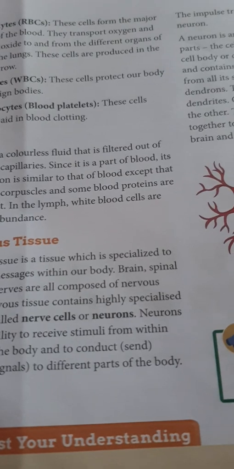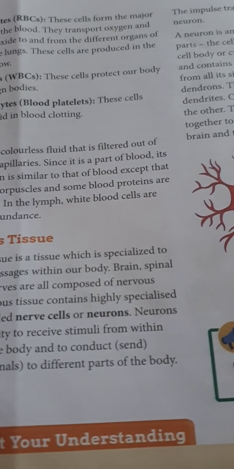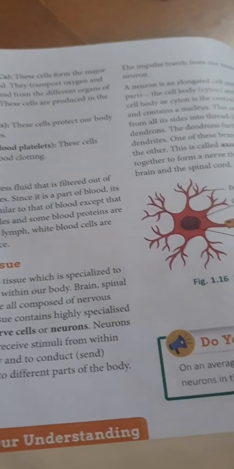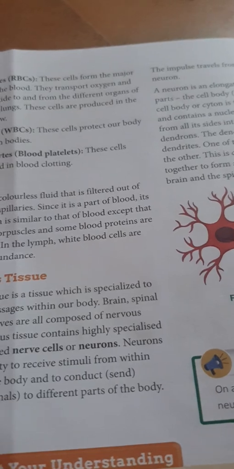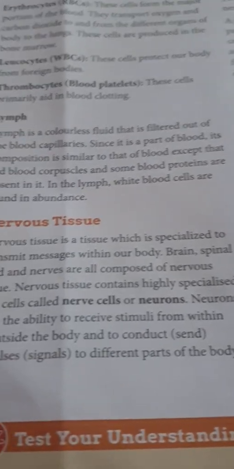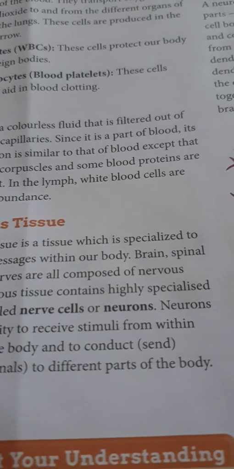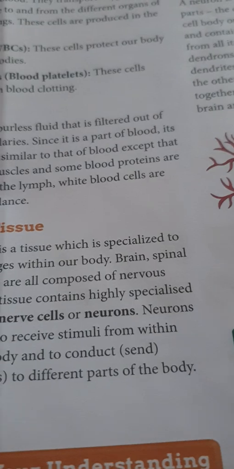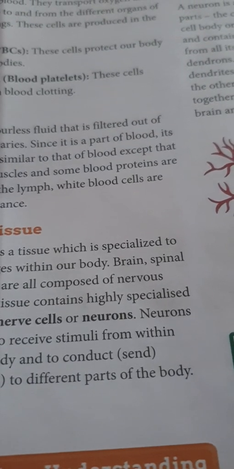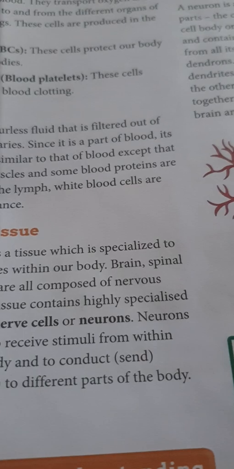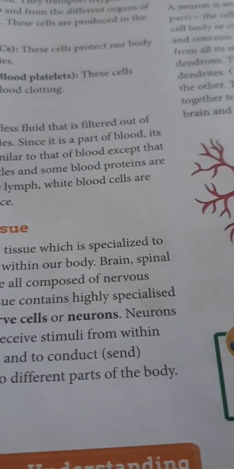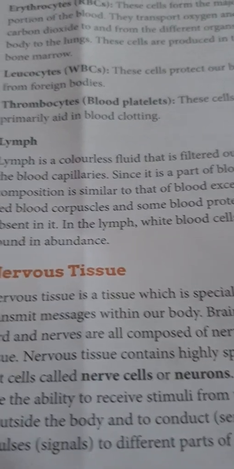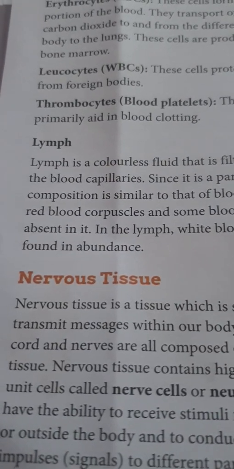Now, types of white blood cells. There are 5 different types of white blood cells and they are classified mainly based on the presence and absence of granules. So first is your granulocytes and another is your agranulocytes. Eosinophil, basophil and neutrophil are granulocytes, and monocytes and lymphocytes are agranulocytes. Now first we are going to read about the granulocytes.